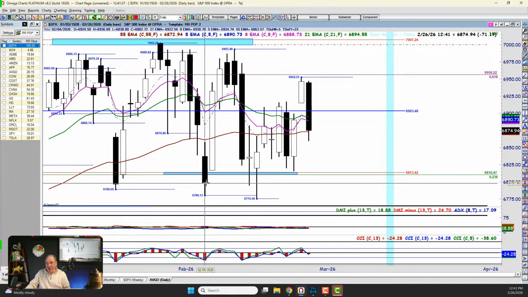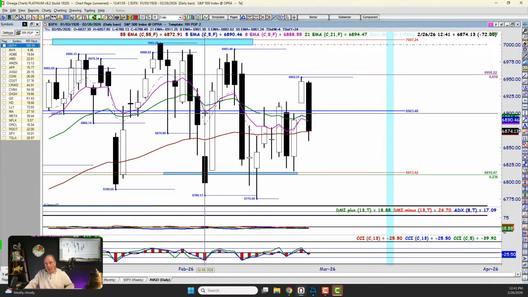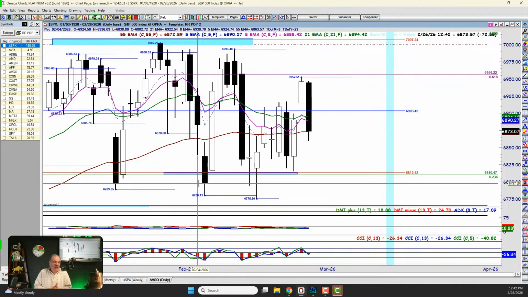If we closed down here, we're in a bearish bias. If we closed in that bearish bias, that's great. Is it a true bearish bias? The answer is absolutely not. True bearish would be 8 on the bottom. So 8 here, 21 above that, and then 55 above that. That makes it true. Well, we're kind of messed up. The 8's below the 21, so that's good. I like that it's at least crossed over. If I were going to take a bearish trade on the next day, I would do the same thing as an aggressive entry. Only when I have a true bullish bias or a true bearish bias would I take a full allotment or contract size on my trade.